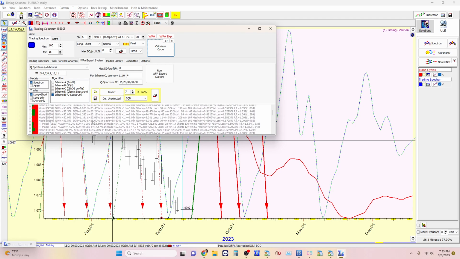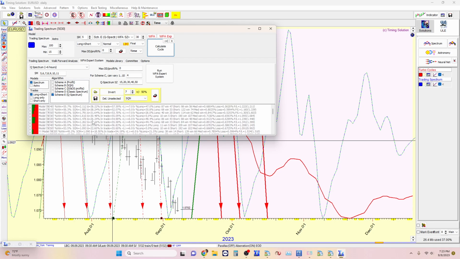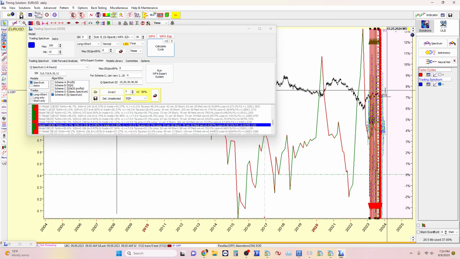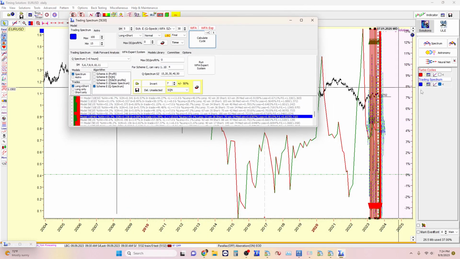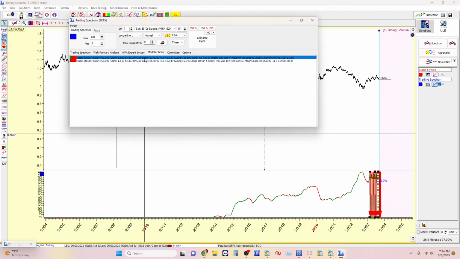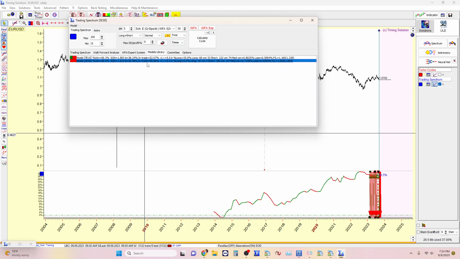Yeah, I think. Oh, you want an SQN above 1.3. So this SQN is not that good, but I don't know. What the problem is, you've got to pick your battles with this thing, because you're trying to figure out the best equity curve with the least amount of drawdown. So this one looks like it's got the least amount of drawdown, but there it is. The SQN is 1.6. So I don't know why I had that other one, but yeah, this model of 5E30,